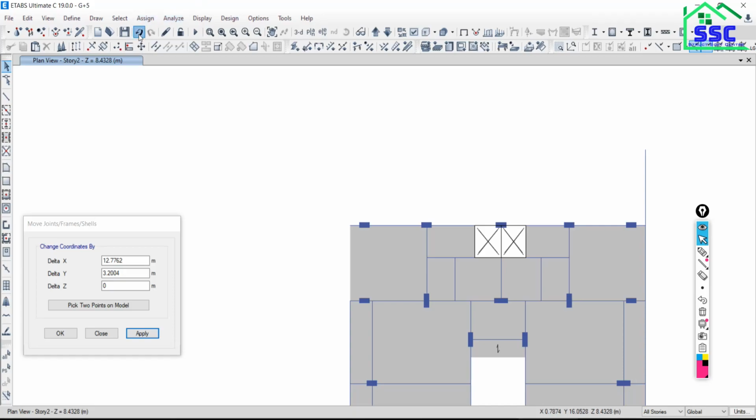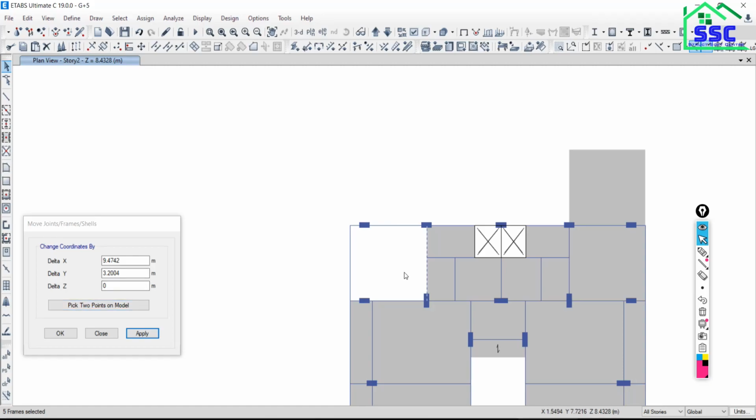Say undo. Coming back again, I would like to take this slab to this point here in reference of this joint. So pick 2 points from this point to this point. Click over that and say apply. So the slab will be shifted. Simultaneously I would like to shift this beam.